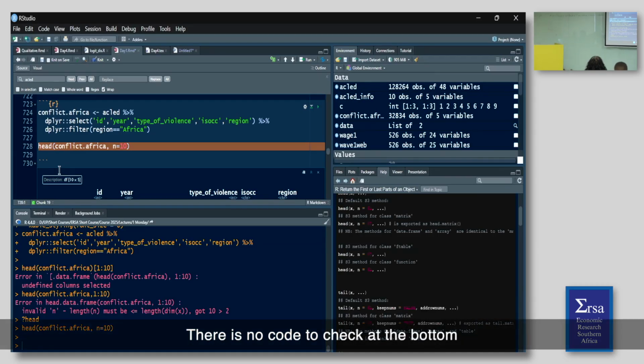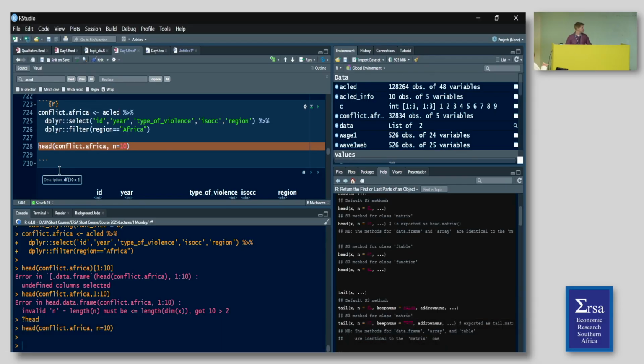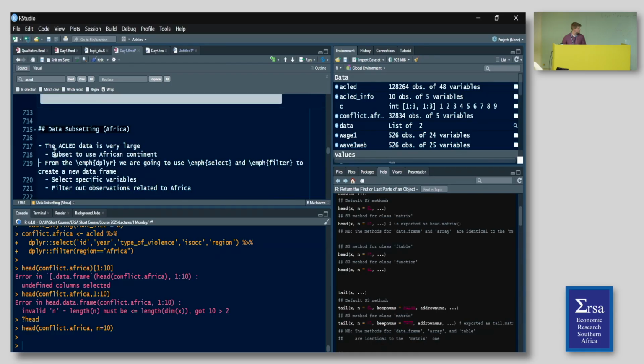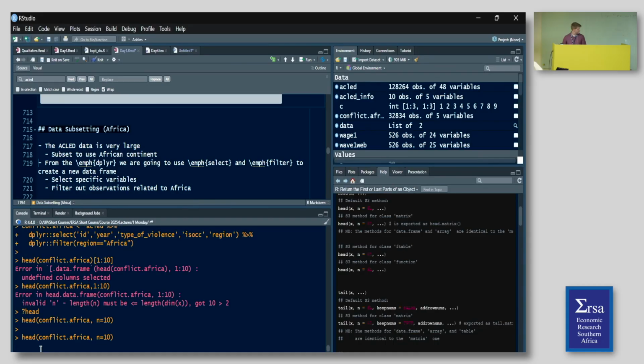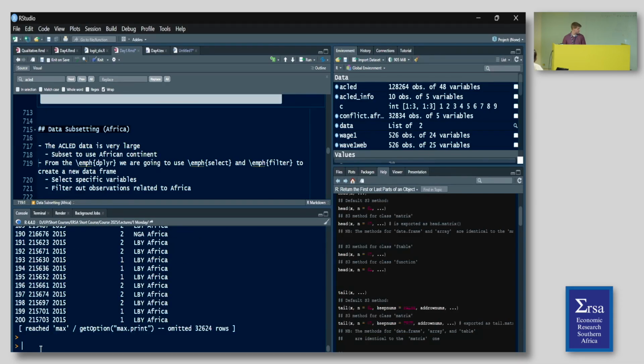There's no code to check the bottom. Okay, let me think if I remember how to do this. So, yeah, you would need to, not sure if it's this. I don't think it's this. It's been a while. Yeah.